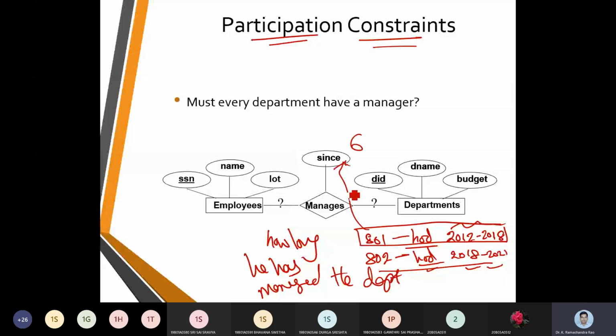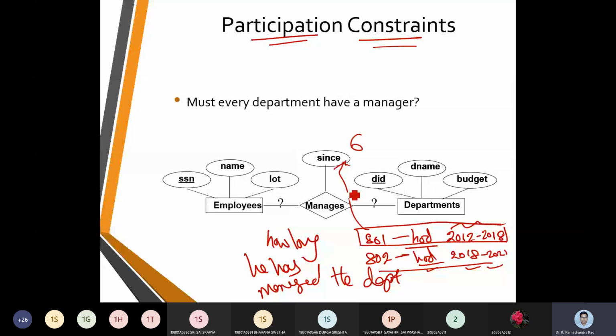Every department has to be taken up with a manager, and he should manage his employees, and always the manager is only one. In such a case, we call it a participation constraint.